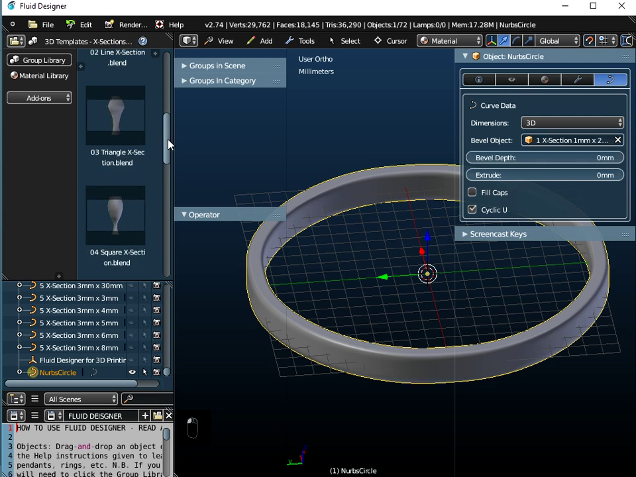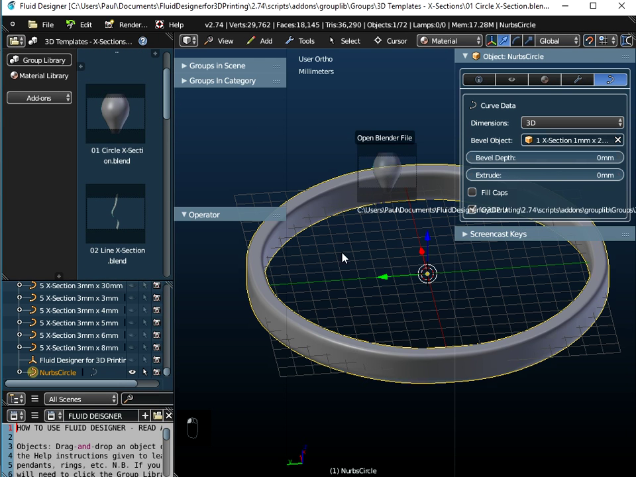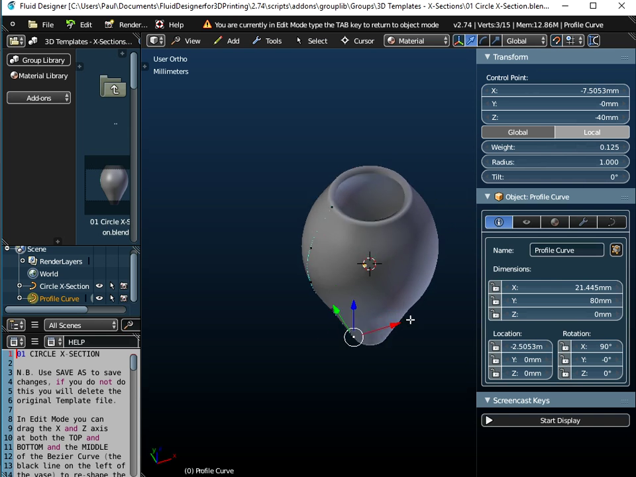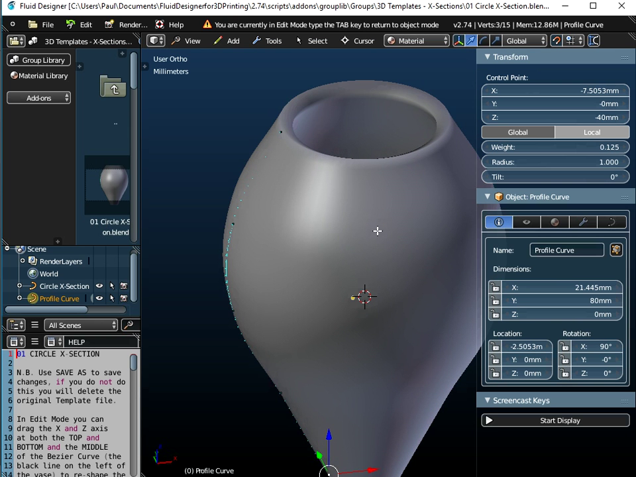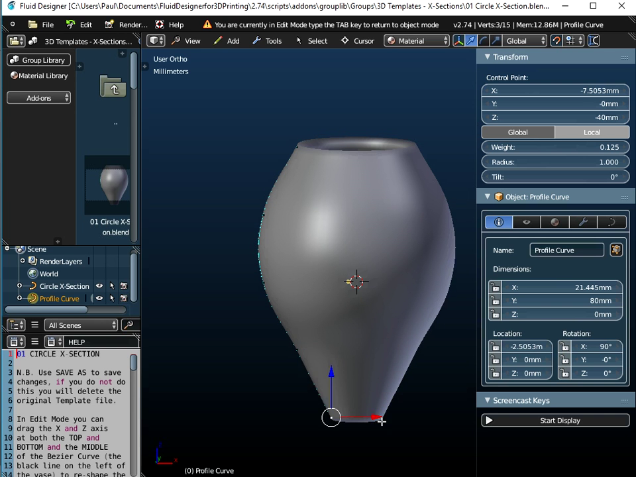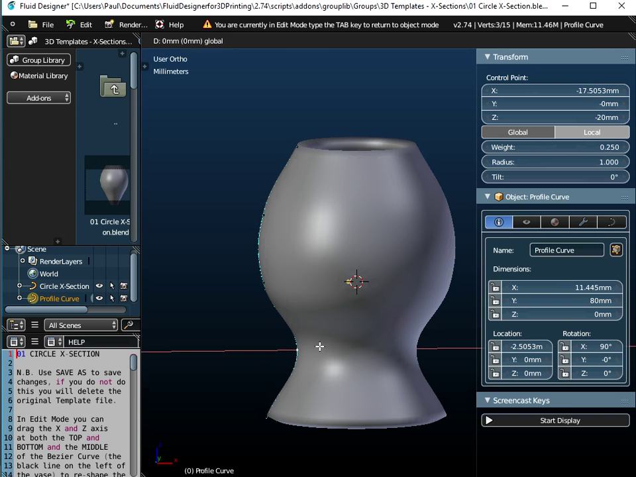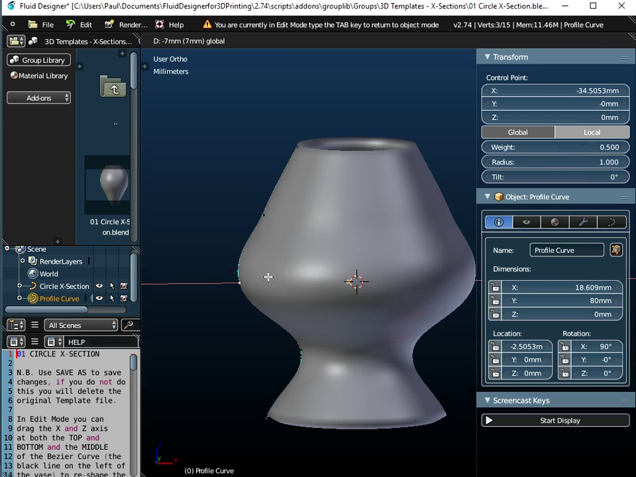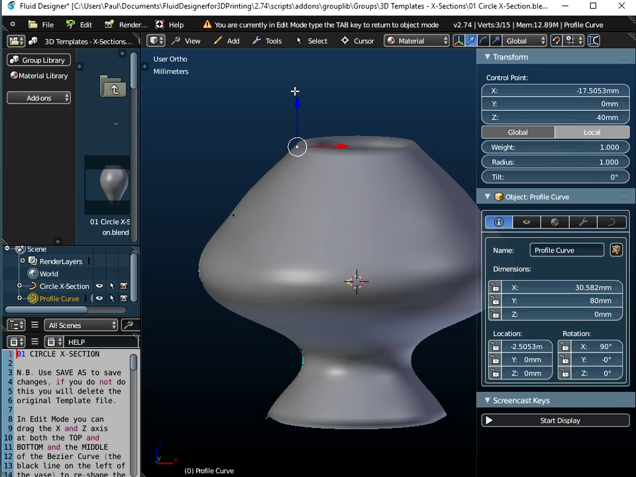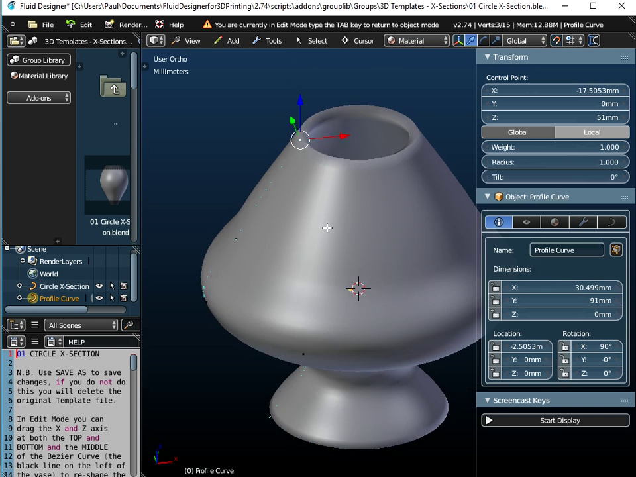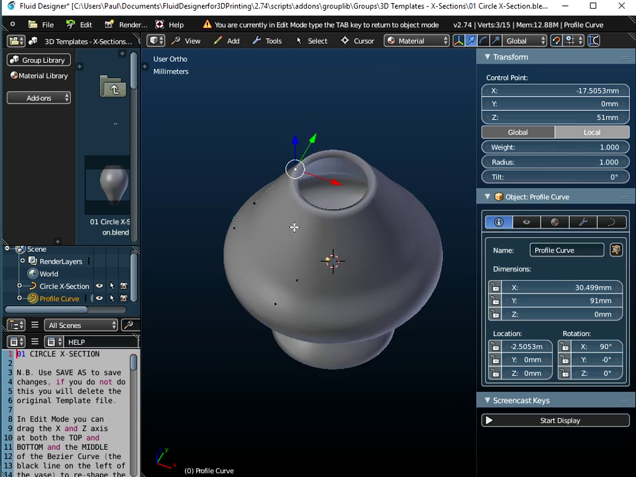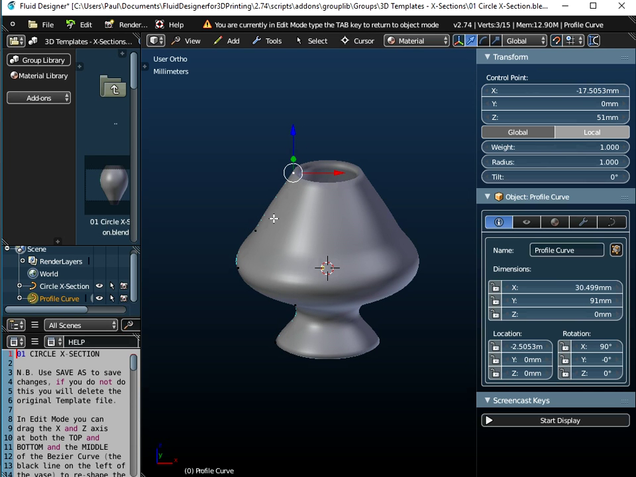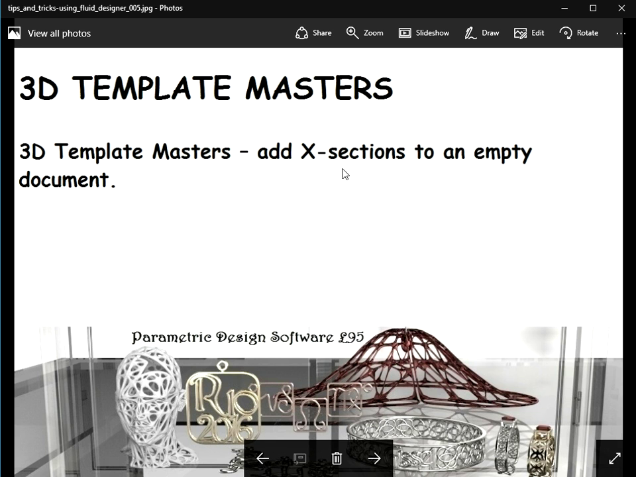If I just briefly go to that, cross sections are actually, if I just drag and drop these onto the workspace, cross sections are actually objects like this, a bit more like kind of pottery type objects, if you like, where you can create objects based upon this profile curve along the left hand side. Okay, so I've just talked about 3D template masters, which is where you can find cross sections to add to